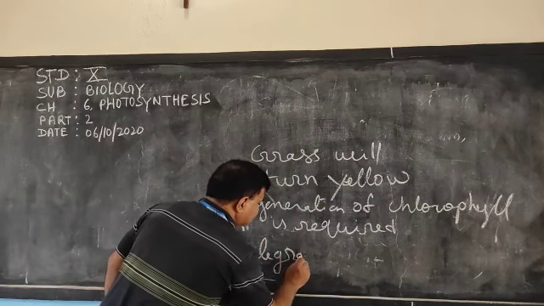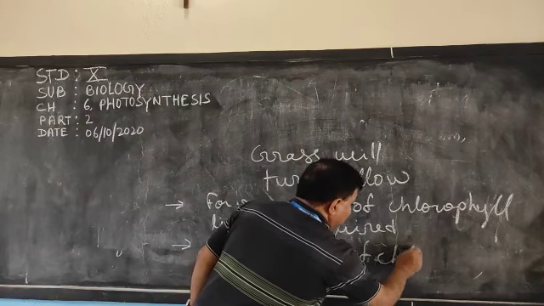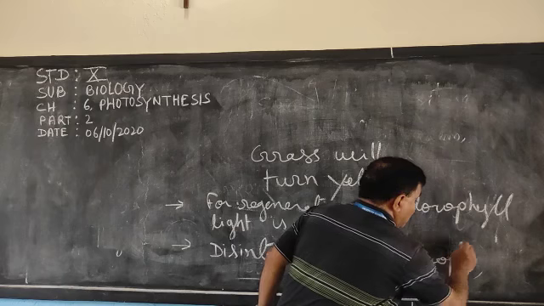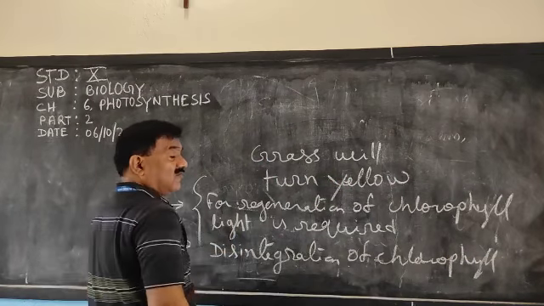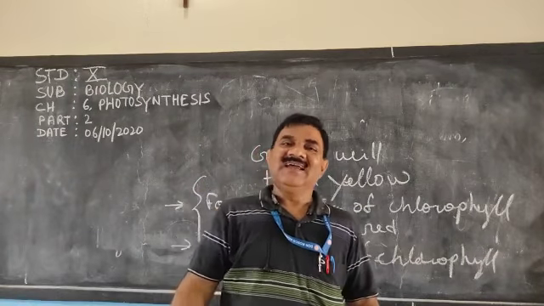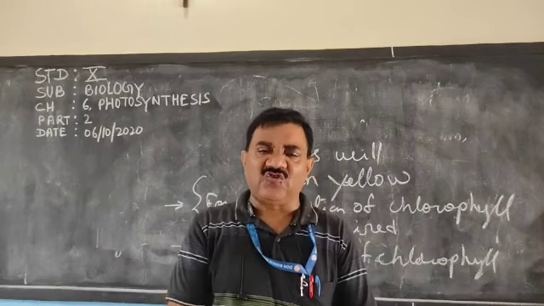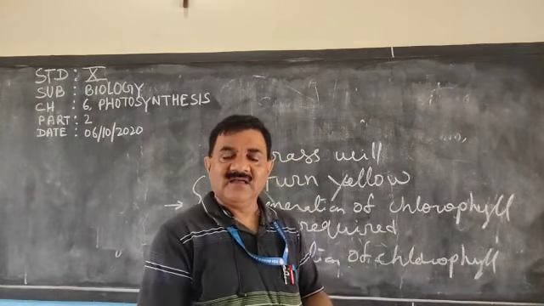Disintegration of chlorophyll. So very important, a written question: why does grass turn yellowish if it is covered by a brick or a stone or any other thing for 2 or 3 days? The reason is